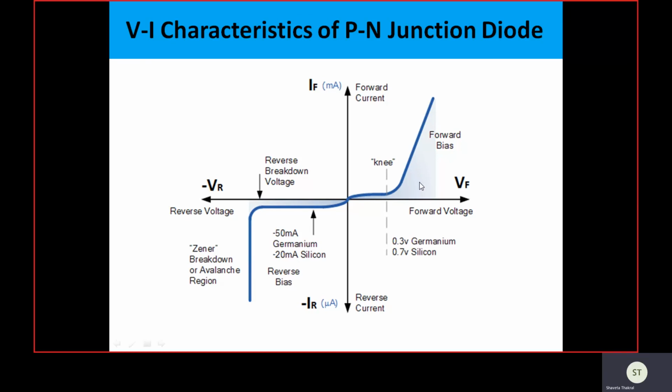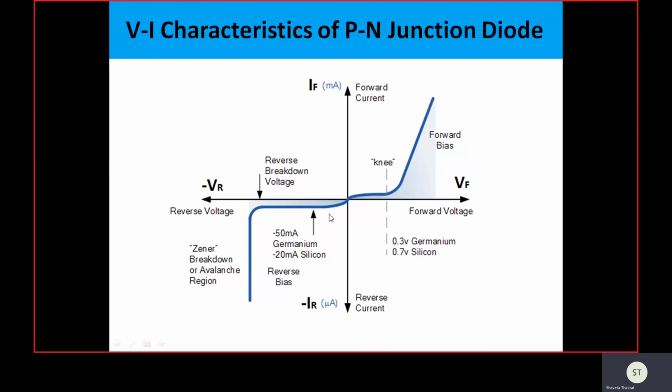In the first quadrant, we can see the graph between the forward bias voltage and the forward current. And in the third quadrant, the graph is between the reverse bias voltage and the reverse current. In the forward bias PN junction diode, we have discussed that below the knee voltage or cut-in voltage, the current is almost negligible because the depletion layer exists at the junction. And once the barrier breaks down, that means if we apply a voltage greater than the knee voltage, a significant amount of current starts to flow through the junction.